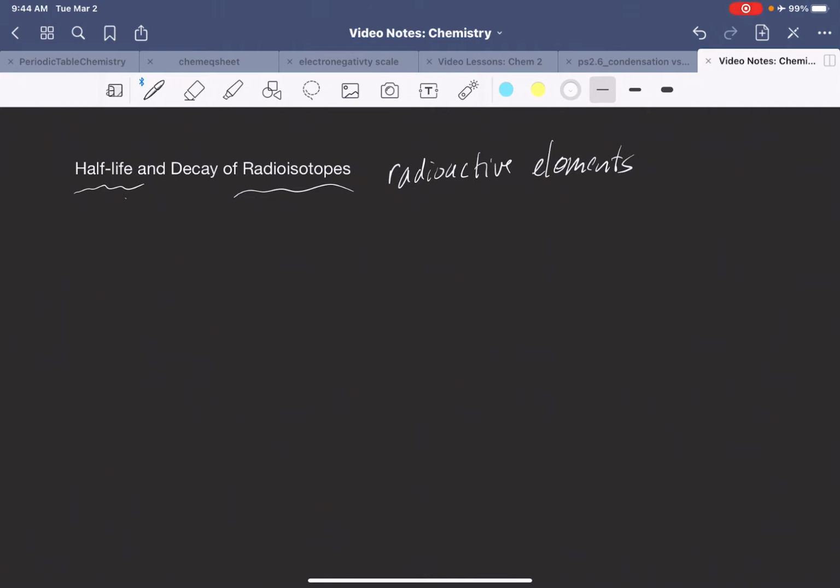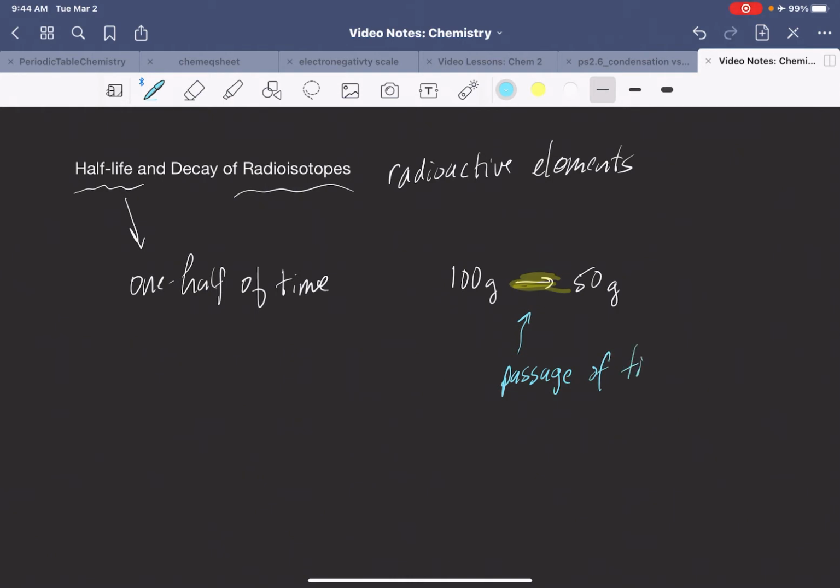And so effectively what we see is that half-life, exactly what it implies, is 1/2 of a certain amount of time. So with that said, if I have 100 grams of something, 1/2 of that is 50 grams. Well, what I just did right here, we could think of that as being the passage of time. It's just a concept when I write this arrow. It just means that one half-life has occurred, and whatever that amount of time is, we've gone from 100 grams